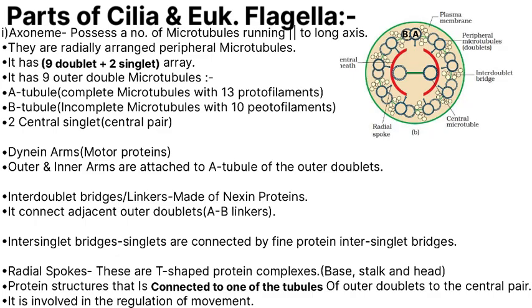What if we remove all the radial spokes from the axoneme? We know that these spokes connect the rim, as in the tire, you can assume, so the outer doublet, to the central pair. So if you remove all the spokes, the rim can still spin, but it becomes very unstable and uncontrolled. They can disrupt the regulation of the dynein arms, and without the radial spokes, the axoneme cannot bend properly, and the cilia and flagella will completely lose their functionality, or they can even be immotile and paralyzed.